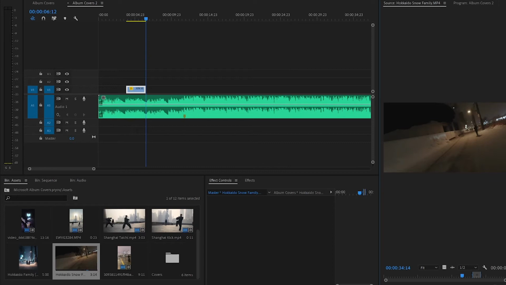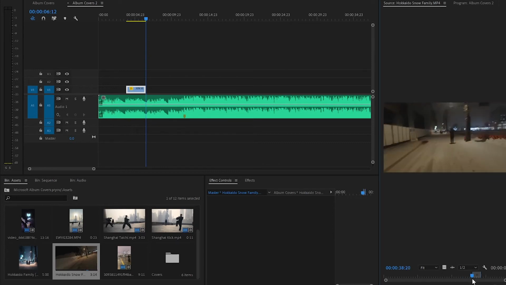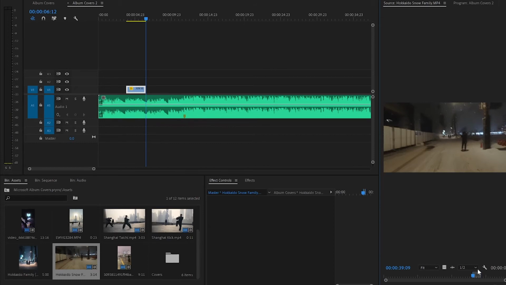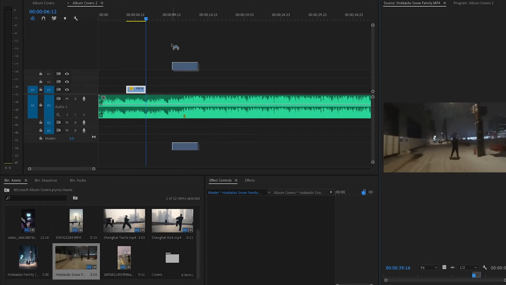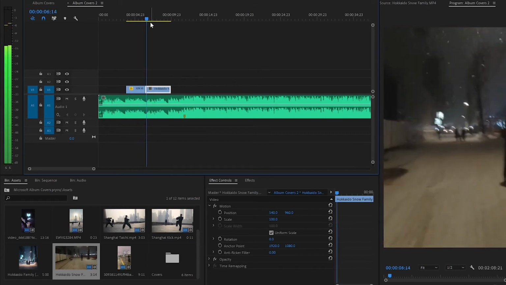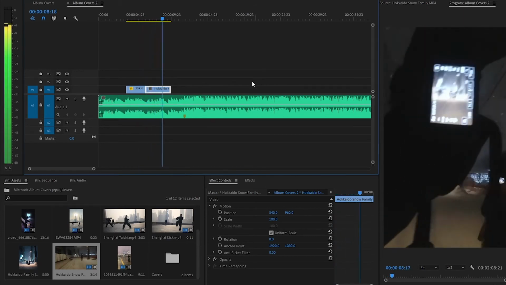shot in landscape, so I'm going to teach you how to resize that manually first and then automatically. So as you can see, I've picked the interesting part of me running to get a photo. To select that section, you can choose your in and out points. So I for in, O for out. Once you've done that, you can drag it onto your timeline just to make sure the clips are next to each other. So it starts off like this and then goes to that.